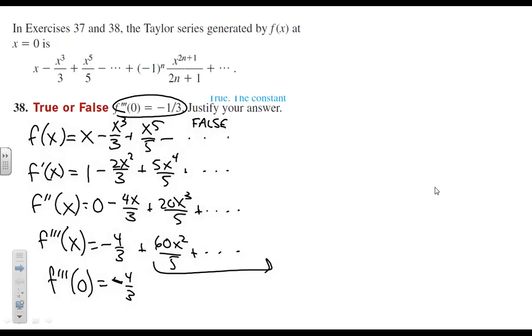Now, that's sort of a long, drawn-out way of doing that problem. Another way of doing this problem is a little bit more simple. It basically says that the third coefficient of the Taylor series is equal to the third derivative at your center divided by 3 factorial. If that's the case, and we can clearly see that the third coefficient, the coefficient on the cubed term, is negative 1/3,